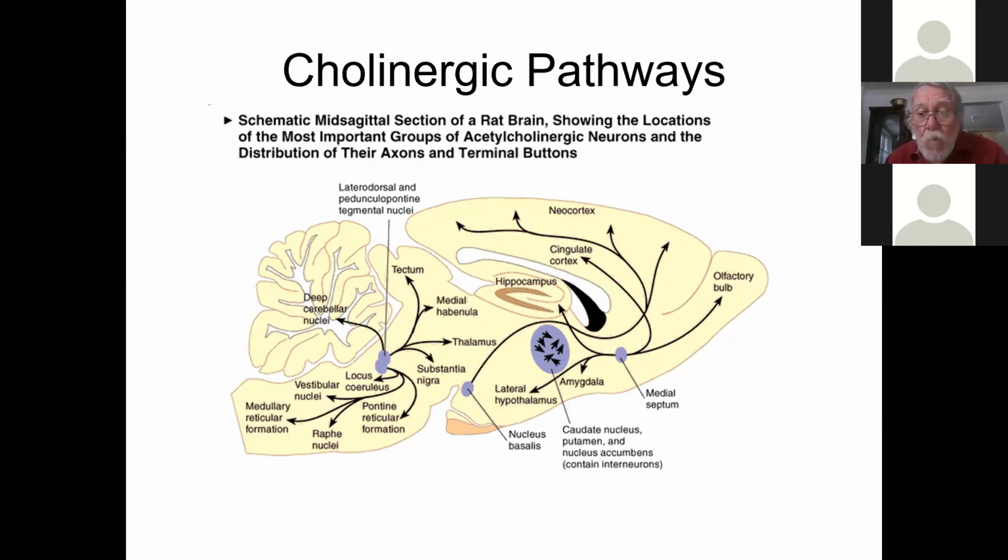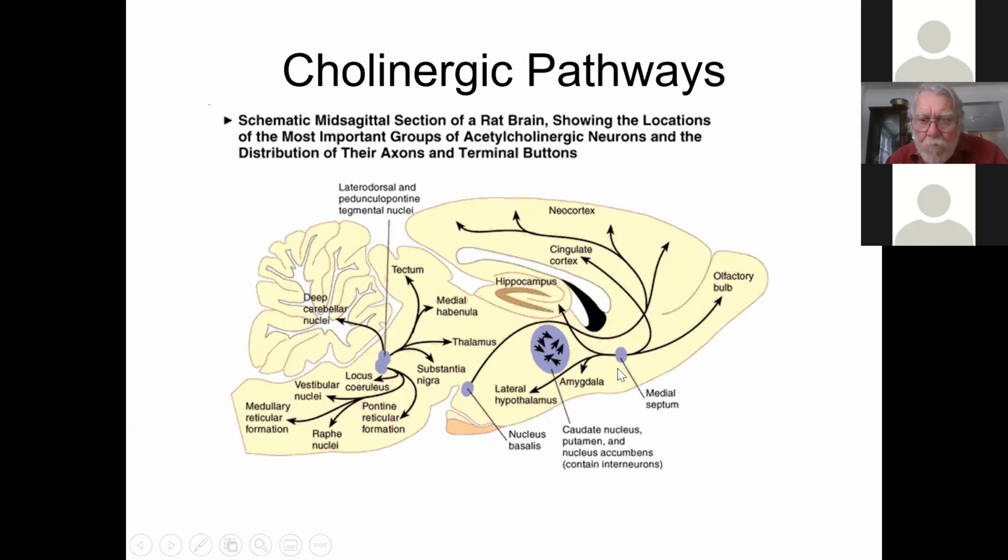Further, what we basically know is that on the other area of this rostral cholinergic pathways is the medial septum. And the medial septum has a set of fibers that are going right by here. What is going right by here is the fornix. So the medial septum will provide